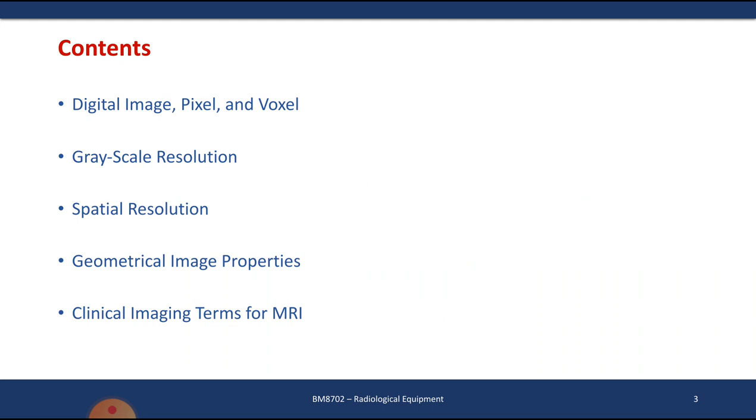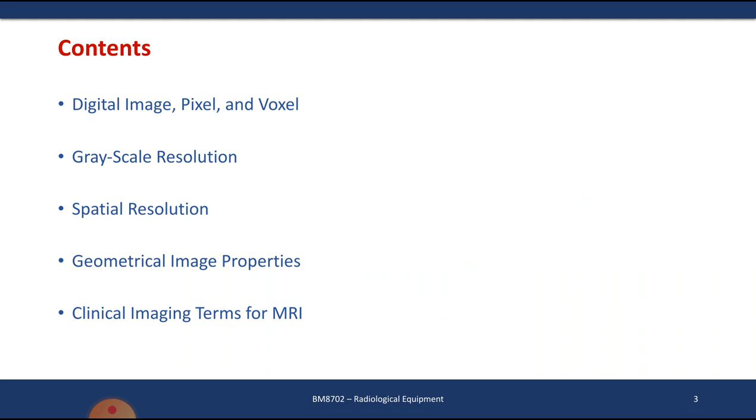So already you guys would have studied. No, you'll be studying digital image processing in this semester, right? So in digital image processing, I'm sure you would have studied about all these things like pixel, voxel, intensity resolution. Grayscale resolution is basically your intensity resolution. Spatial resolution is how spatially, like in terms of your... So intensity resolution you will be doing in terms of your pixel values, and in spatial resolution you will be changing the size of the image. You would have done that experiment in your digital image processing, I believe. And the geometrical image properties we'll be seeing, and some clinical imaging terms.